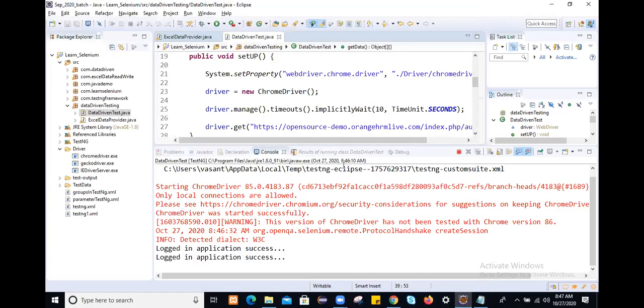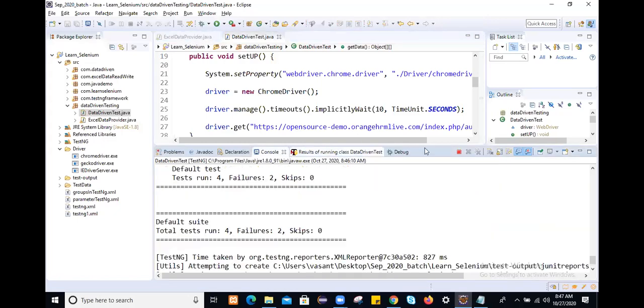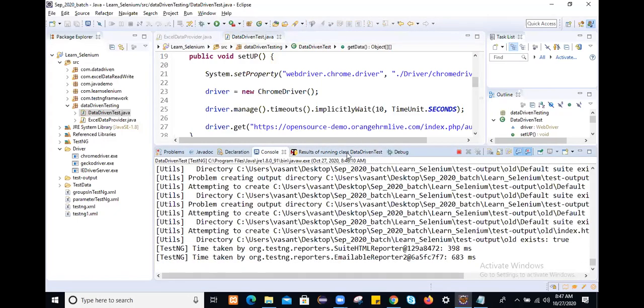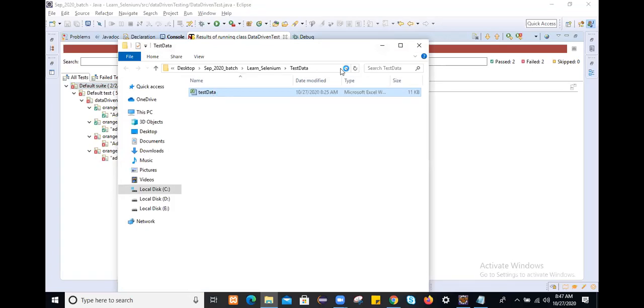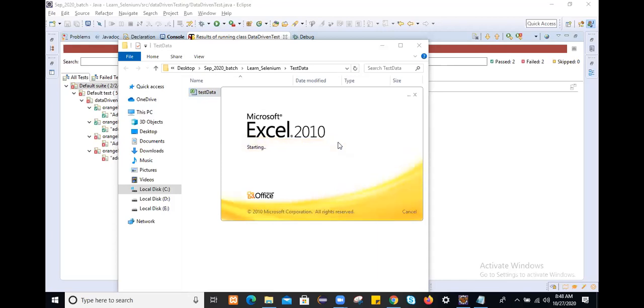And if you go to the result, you see, this is your first set of data, second set of data, third set of data, fourth set of data. And if you go to your Excel sheet also, you will see the same set of data. You are retrieving from the first index of the row, not the 0th index. We are retrieving the data from the first index. You see?